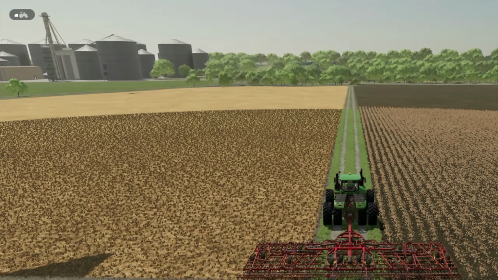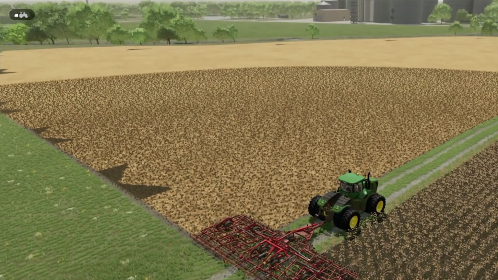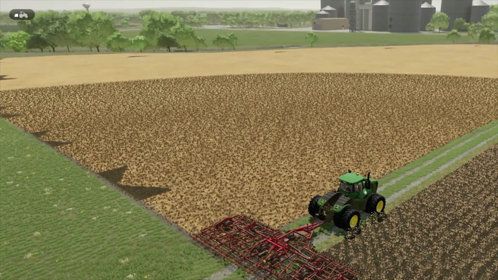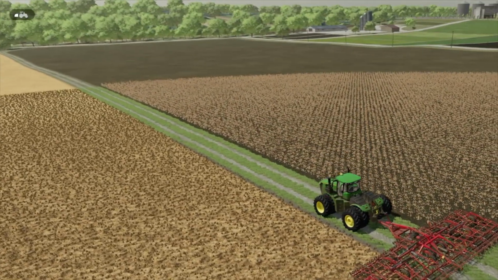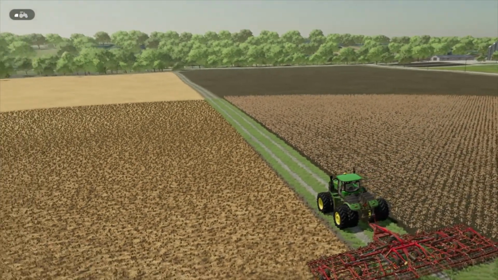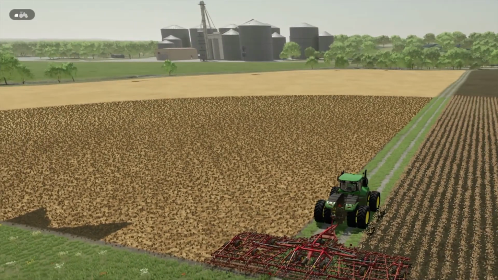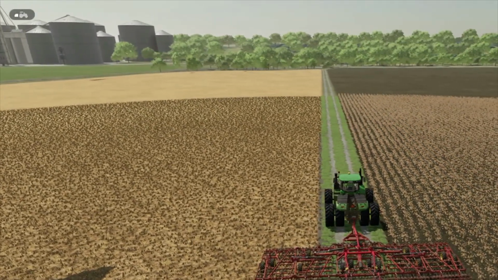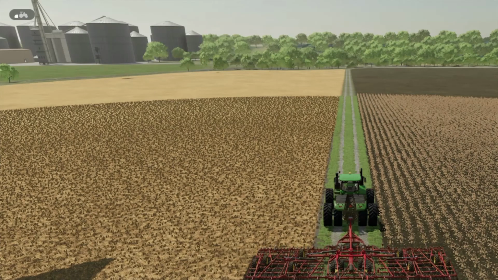Today we've got these two small fields. Well, they're not really small compared to some of the others, but there's absolutely no reason to have two fields here. So what I think we're going to do is plow these together and make one bigger field out of it, and then we're going to get it planted. I haven't made up my mind yet what we're going to plant, but